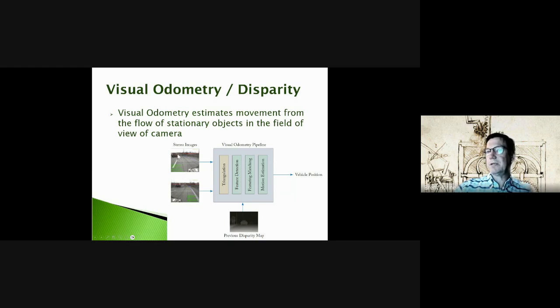This car, this truck, well, it's moving too, right? So somehow we need to discern that and really maybe work with fixed features like these poles right here, or these lane markings and stuff, right? So somehow we pick up what is a feature, and then we try to throw away things that are transient in that image or moving, and try to settle on things that are fixed, right? And then we